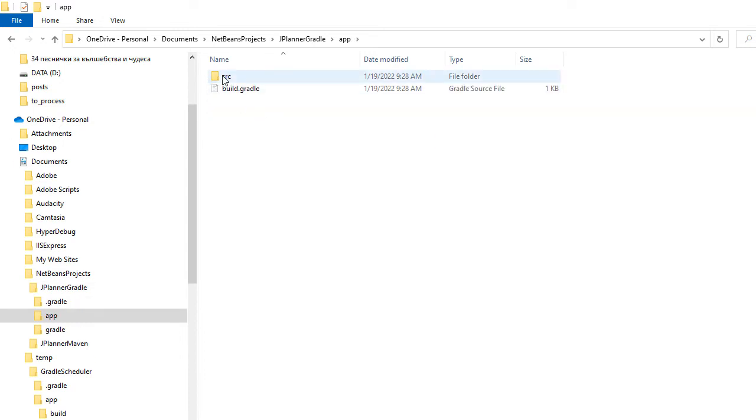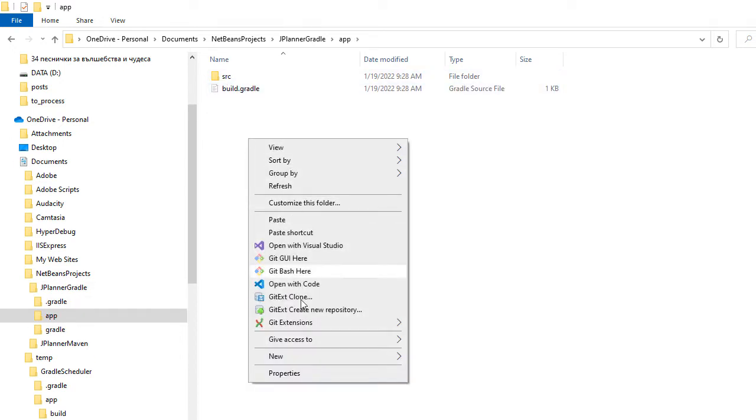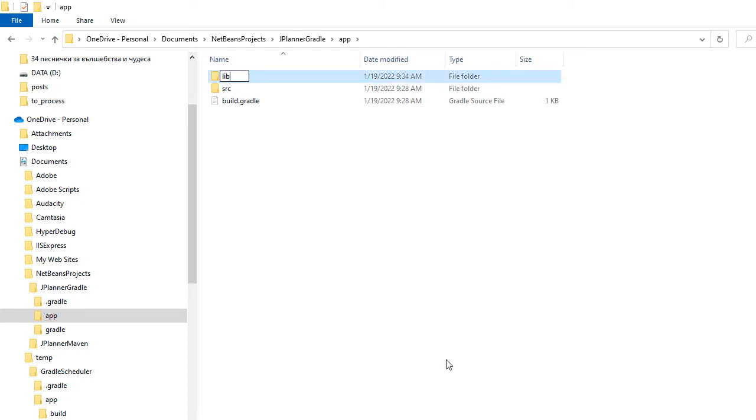We create a new folder called libs at the same level as the build script and the src folder.